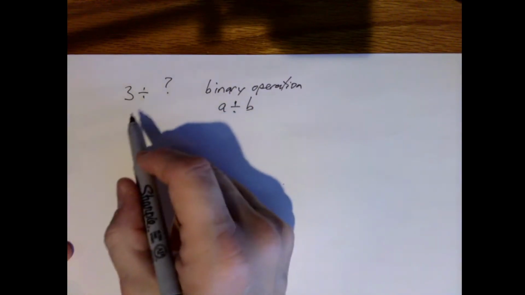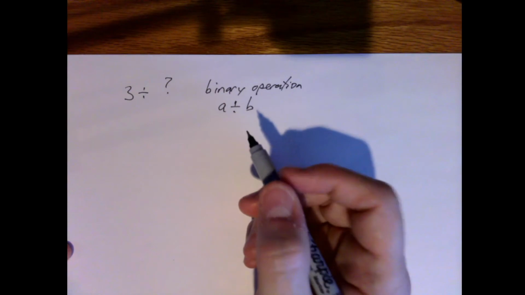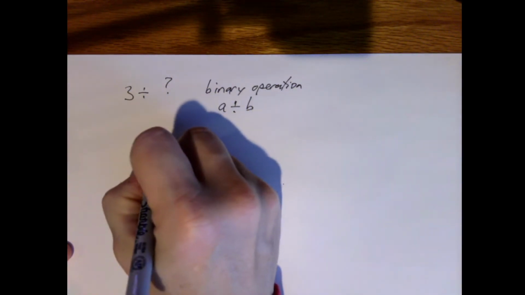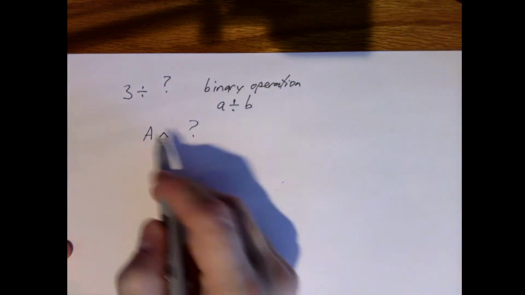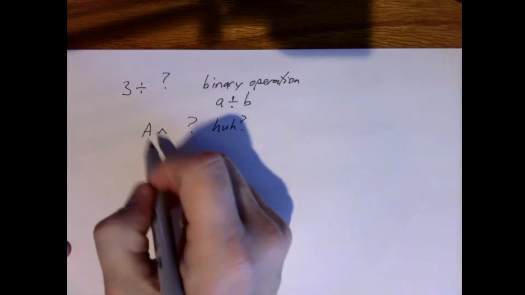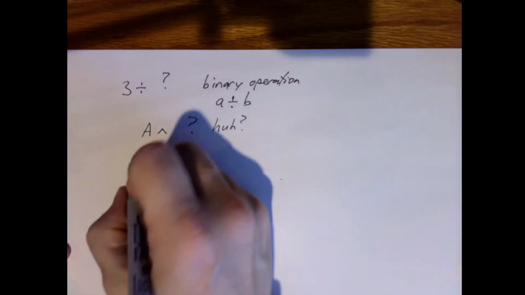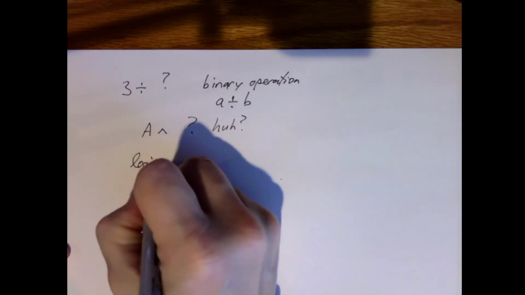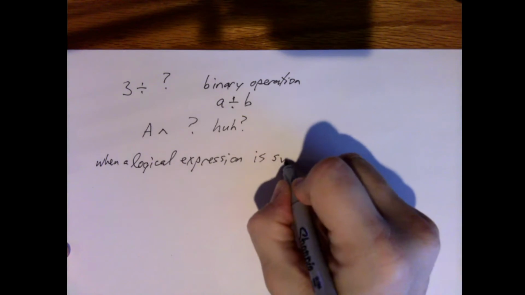Well, logical operators also have a syntax that you have to follow. So if I were to say A and, and ask, what's the truth value of this? You should also go, huh? Right? So when a logical expression, let's say when a logical expression is syntactically valid,